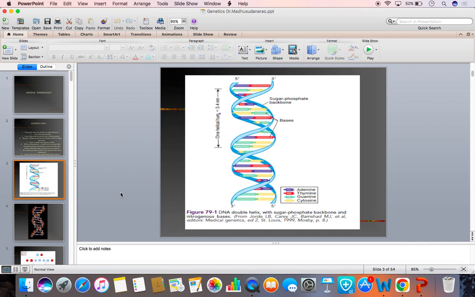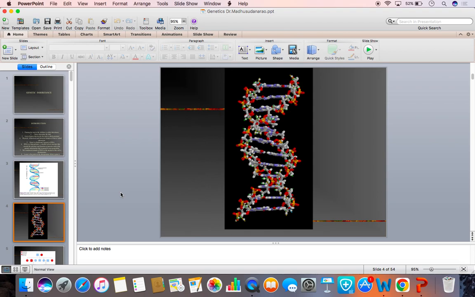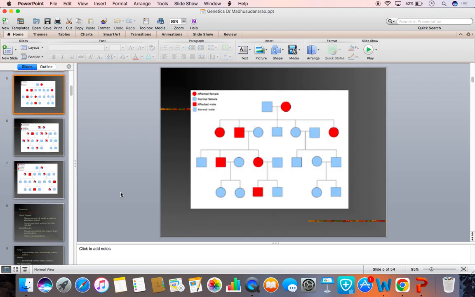Okay? This is the double helical structure, that is DNA. This is again the picture showing this DNA molecule. This is the pattern of inheritance. You see, the circle represents female, the square represents male. They are wedded together. Female is suffering from the disease. Okay? And it is inherited. I mean, it is transmitted to the next generation. How is it transmitted? Say, look,